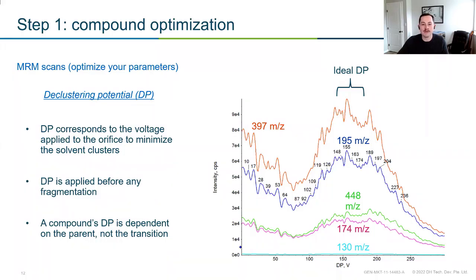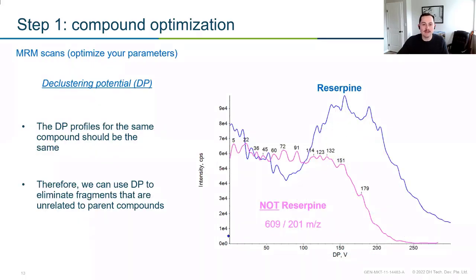But why did I bother doing this with all of those fragments? If it's going to be the same and is based on the parent, what's the point? And the reason I like to do this is a personal preference, but I like to use it as a little bit of a forensic tool. Because we're looking at fragments of a parent, and that parent should react the same way to the declustering potential every time. If we see a different profile like the one shown here in pink, I can go ahead and say,